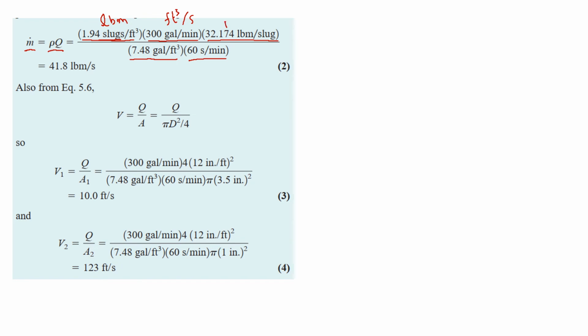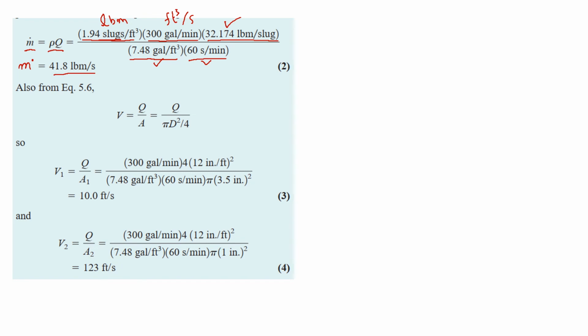So this term converts into pound mass, and these two terms convert the volumetric flow rate into cubic feet per second. So we get our m dot, our mass flow rate, as 41.8